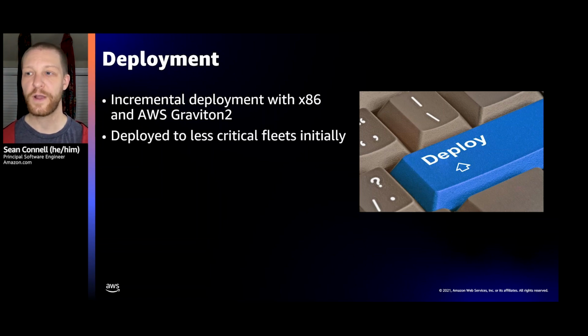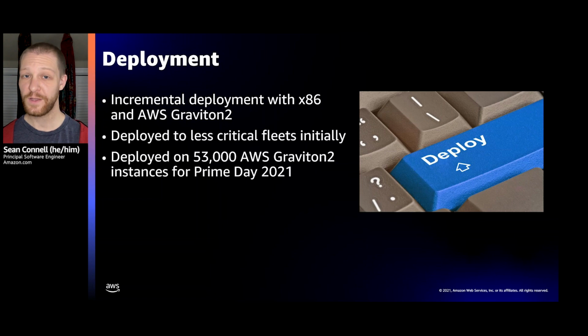And this is also a practical consideration, because if you have tens of thousands of hosts, it's difficult to do an A/B flip-flop deployment. That's just a lot of doubling of host sizes to deal with. So there's a number of reasons to do incremental besides risk, which is just the mechanicals of moving hosts around. So we did it, and we were at over 53,000 hosts for Prime Day 2021.